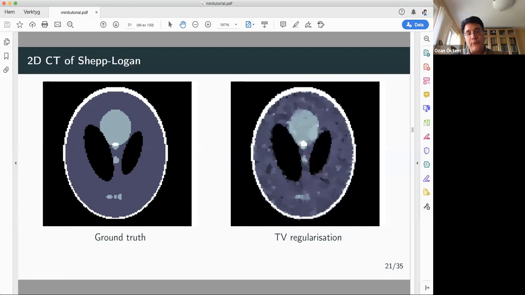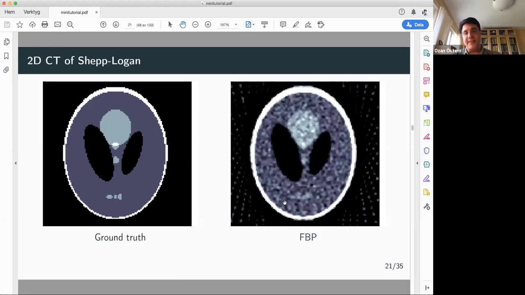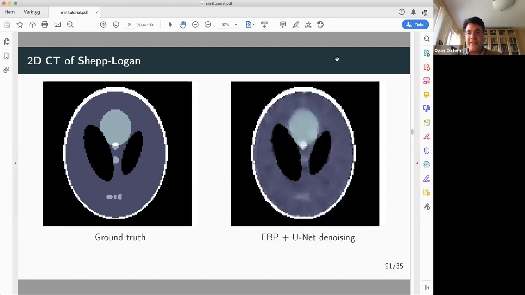TV regularization, total variation, which is very well suited for this type of object, is performing like this if you pick the optimal parameter for it. If you do denoising afterwards by using machine learning, you try to fix the deficiencies of filter back projection with the machine learning approach. You can do that too. You get something like that. And if you now do the unrolled deep neural network and reconstruct by this unrolled scheme, you get something like